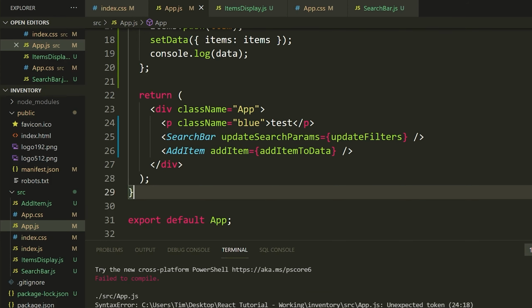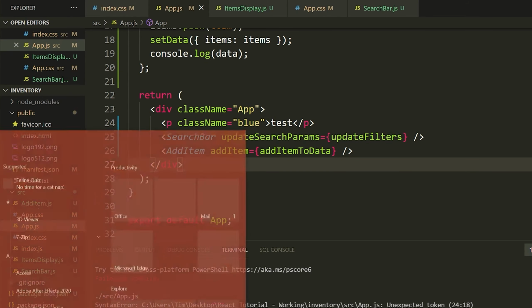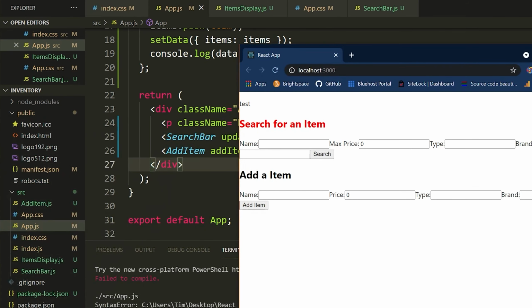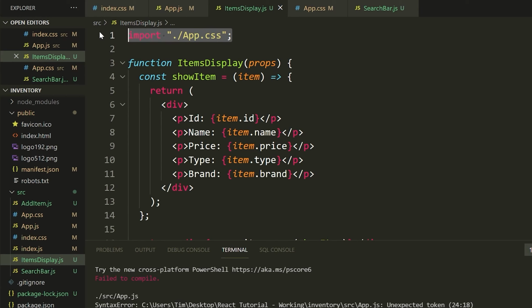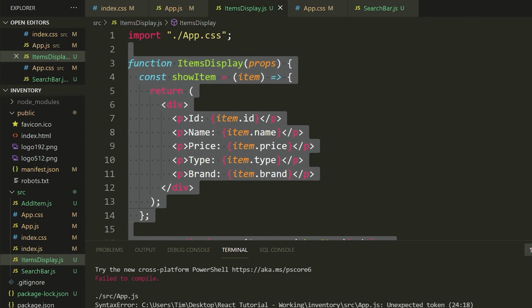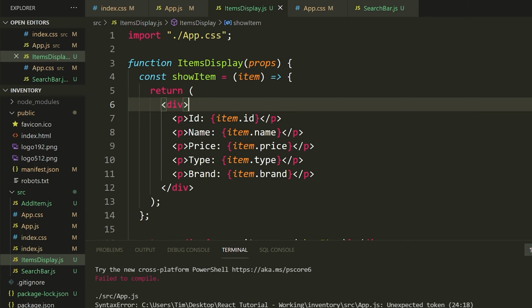Now ask yourself this question. Is this going to work? Are we going to actually be able to have this text be blue? All right, so ask yourself that question. I'm going to come here and notice this text is not blue. The reason this text is not blue is because this never got imported. Even though we said import, since we did not import this file here, this line of code never ran. This file was not included in what was bundled up and served to our user or our client, and so we didn't see any blue text showing up.